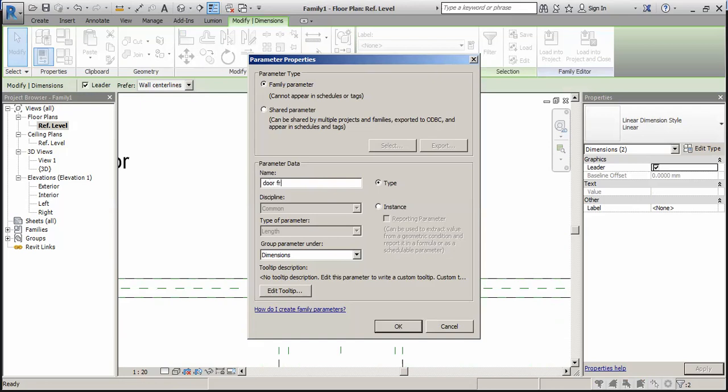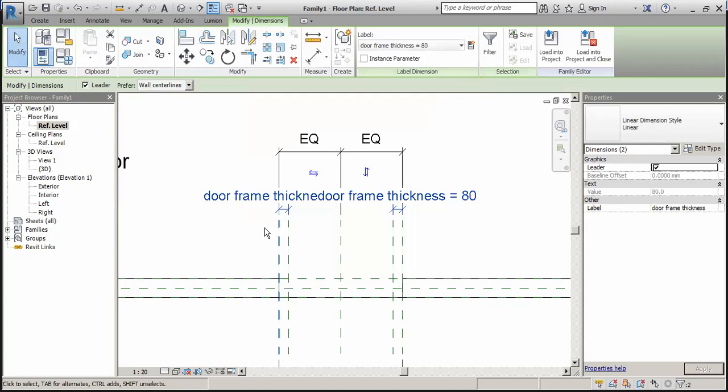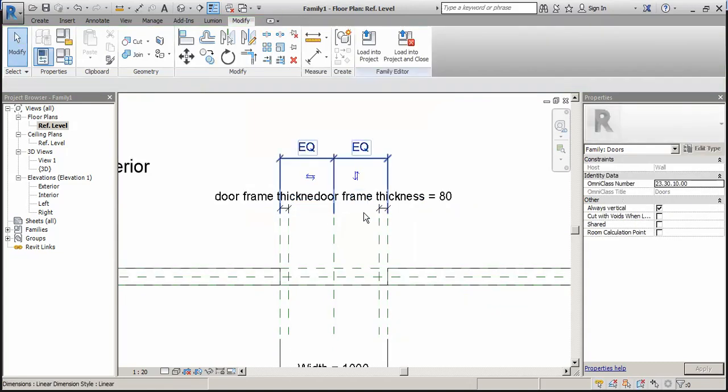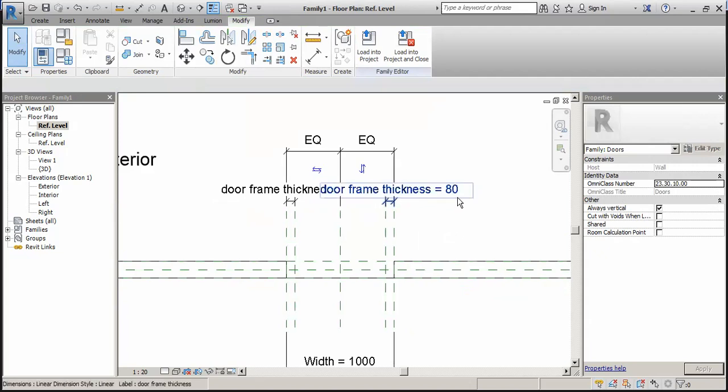Okay, it is a family parameter, type parameter, and okay. So you can see that this converted into parametric thickness.